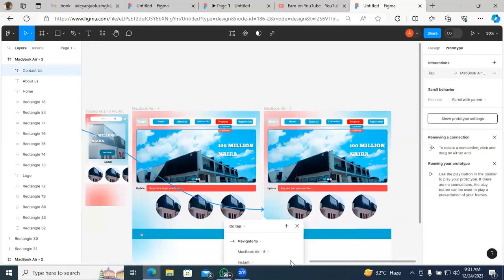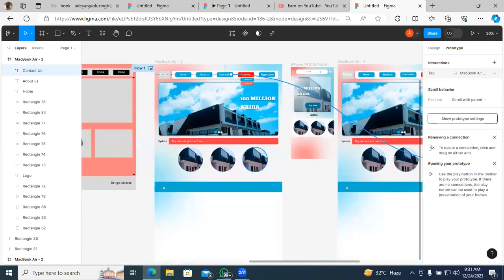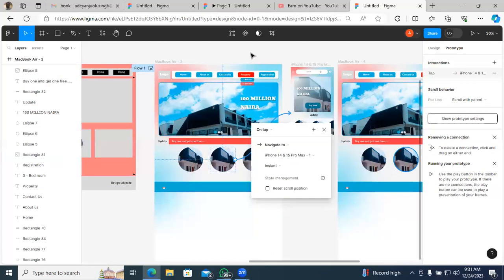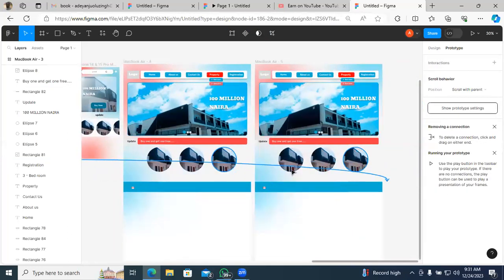Do you understand how I'm doing it? Do you guys understand what I'm doing here? Yes, we do, sir. You can have multiple images, multiple clicks.